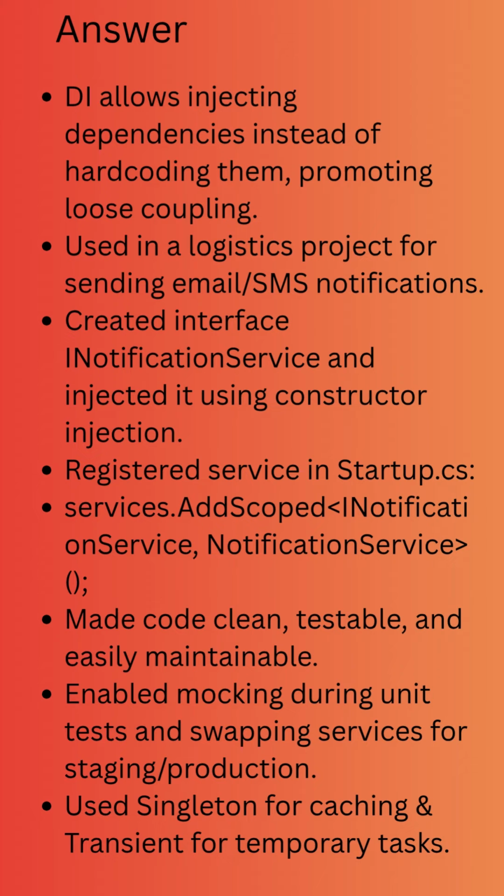Here's how I used it. I created an interface called INotificationService with methods like SendMail and SendSMS. Then I implemented it in a class called NotificationService. This class had dependencies like an SMTP client and an HTTP client, which I also injected using DI through constructor injection. Finally, in the Startup.cs file, or Program.cs in .NET 6, I added the line